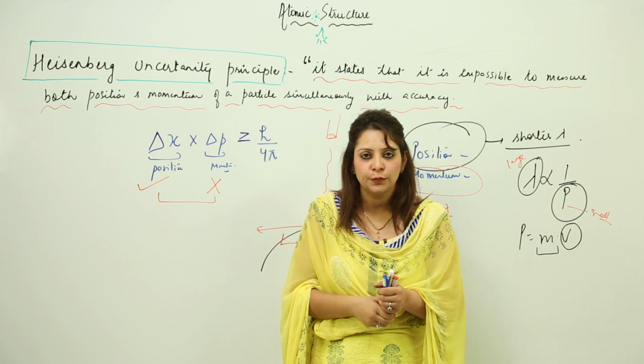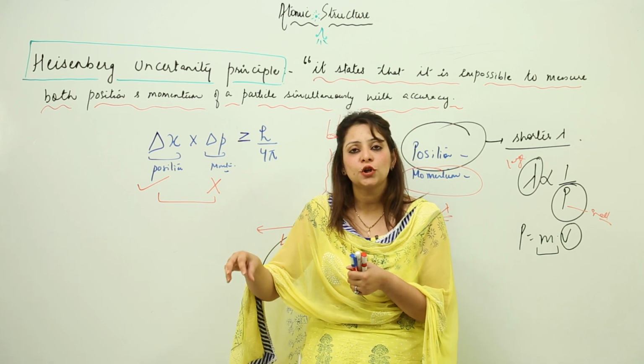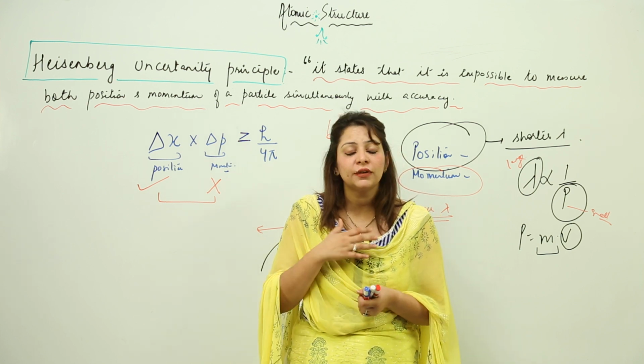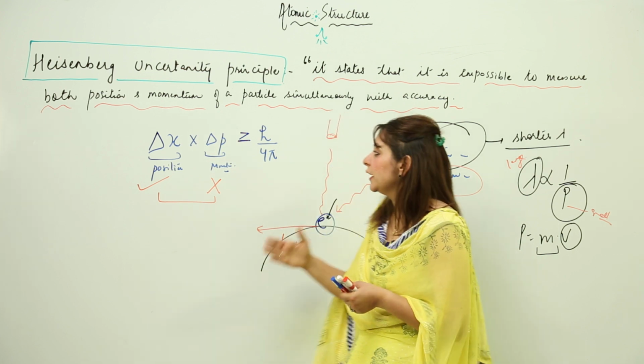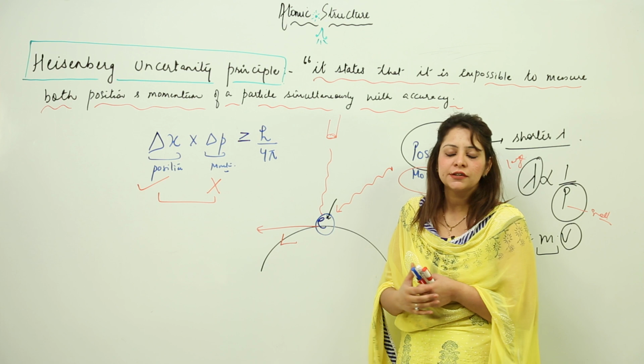It is definitely going to be, because according to Bohr, he said that he knew the exact position of the electron is this and the momentum is this. So this is actually not proved by Bohr, because he was unable to explain this phenomenon. So this was the second one, the Heisenberg uncertainty principle.